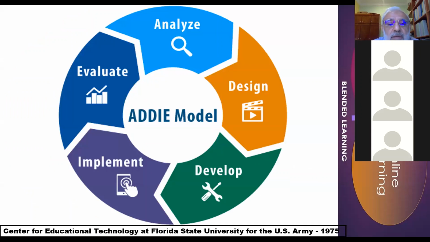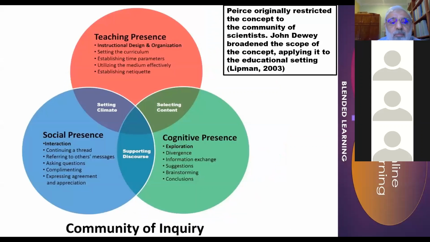This is what is called the ADDIE model, which was developed by the Center for Educational Technology at Florida State University for the US Army in 1975, and then was later on used in education as well. So we analyze the need. For example, at the moment, we have a need for blended learning. Then we design our course, develop the resources, implement it, evaluate, and then analyze again. And in this cycle, we keep on improving our delivery of blended learning. Another model is